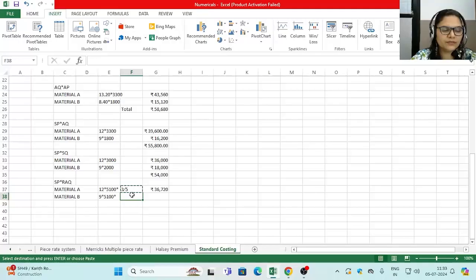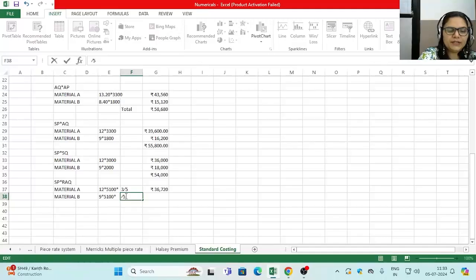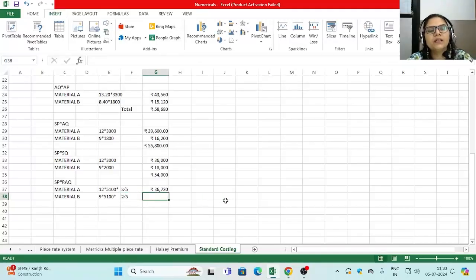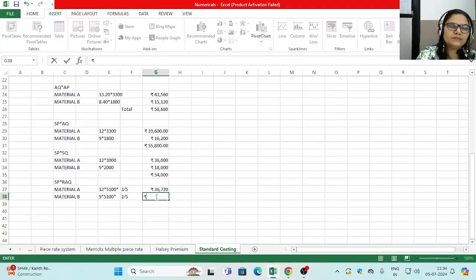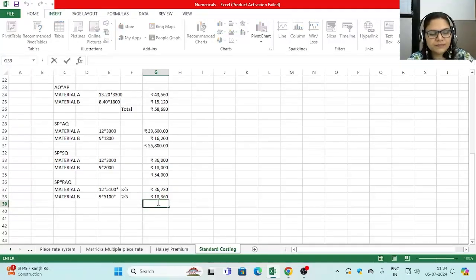I was just trying in order to save time. Let's just copy and paste and write 2 over here. Other things are same. So it is standard mix ratio. Standard mix ratio means the standard quantity for material divided by the ratio, that is 3 plus 2 upon 5, ratio of total standard quantity. And the figure will come out to be 18,360. Total will be